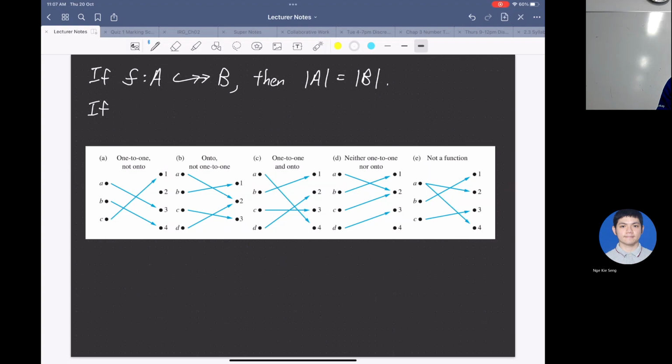But if B is greater than A, you cannot conclude that F is not necessarily